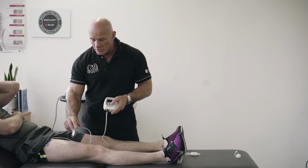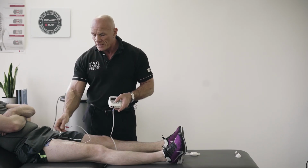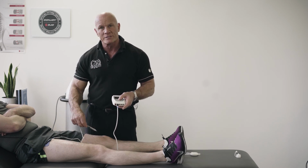So if you use muscle stim and patients find it as uncomfortable, it's because you haven't got the electrode over the motor point. Now, what I can also show you on our Chattanooga Academy is how we can use this motor point pen as a diagnostic tool. We can actually determine whether we've got things like AMI, autogenic muscle inhibition, or any other pathology which affects the patency of a